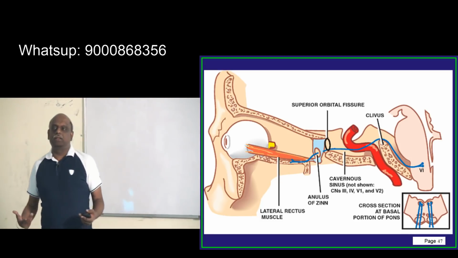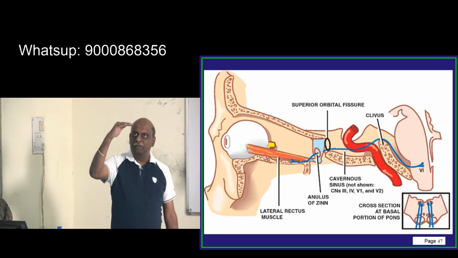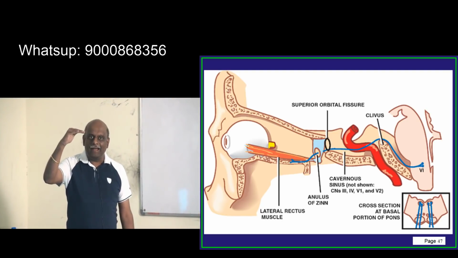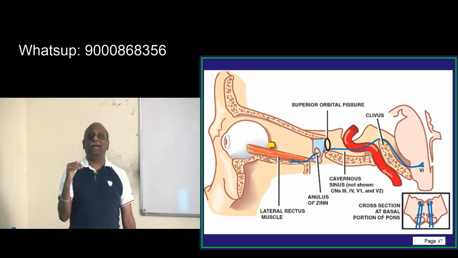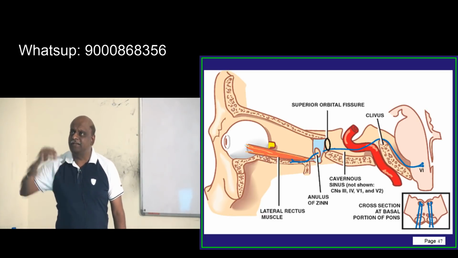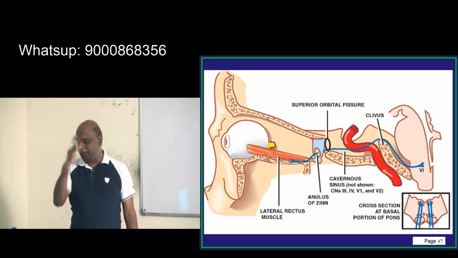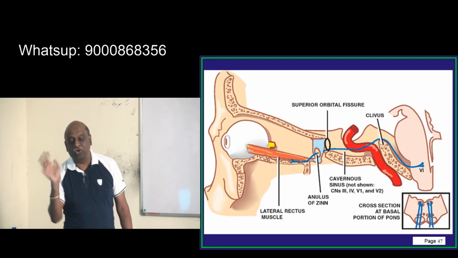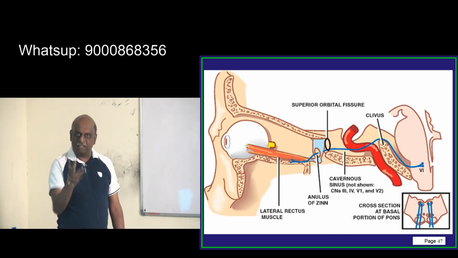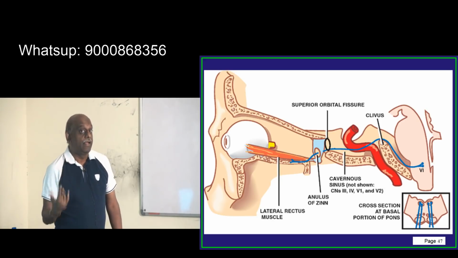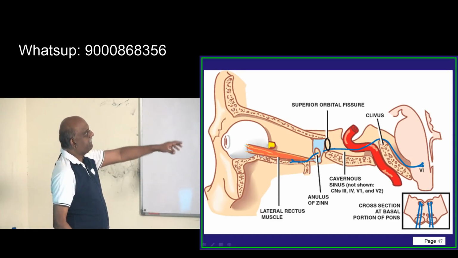So if you take the 6th cranial nerve, already we discussed now, midbrain से क्या निकलेगा? 3rd, 4th cranial nerves. Pons से क्या निकलेगा? 5th, 6th, 7th cranial nerves. Medulla से क्या निकलेगा? बाकी जो भी है, they will all come out of medulla. So 3rd, 4th from midbrain, 5, 6, 7 from pons, and abducens is 6th. So it comes from the pons,